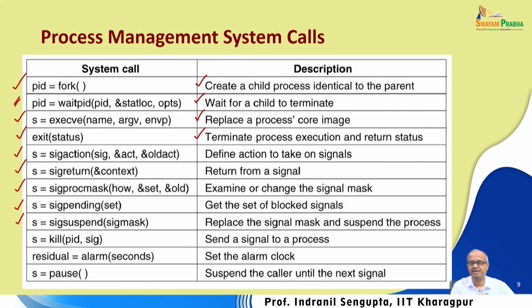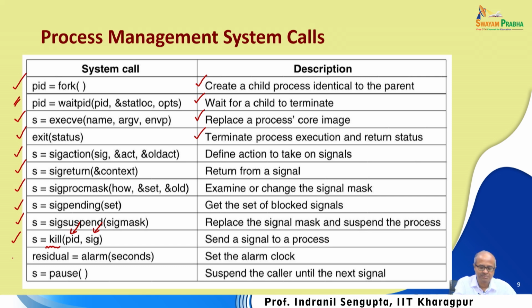a process can send a signal to some other process, and the function to send it is called kill. Well, this name is a little misnomer. Kill does not mean that you are trying to kill a process. Kill means you are trying to send a signal to a process whose process ID is PID, and which signal you want to send? That signal number you mention here. So, a process can send a signal to another process by using the kill system call, and of course, you